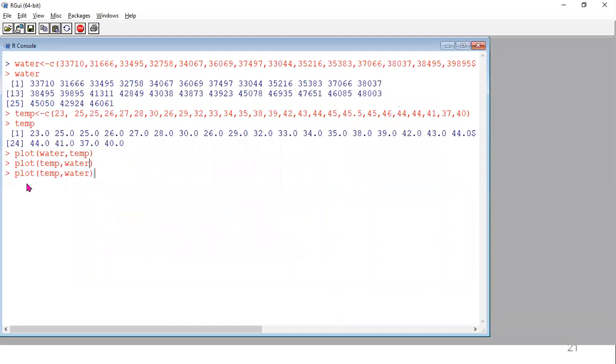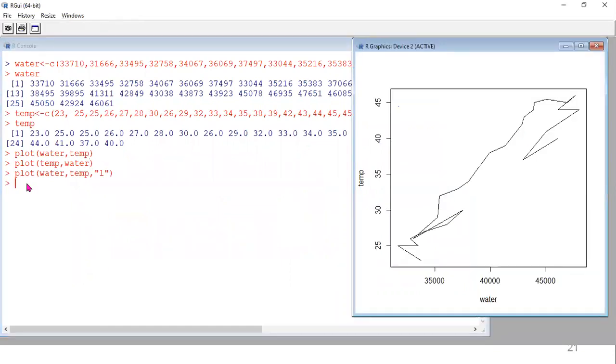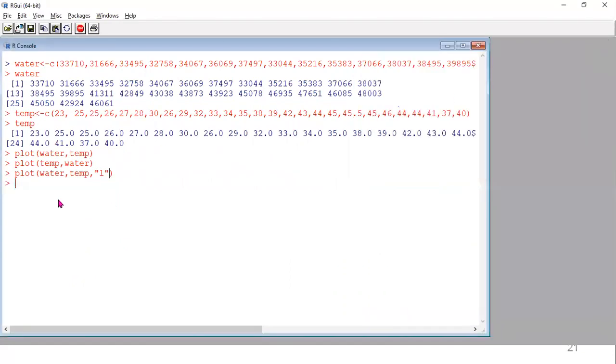So now you can take default water comma temperature. Now first we are taking the type as L, means line. You can see the graph with lines combined. Then after lines, you can use O, that is overplotted points.